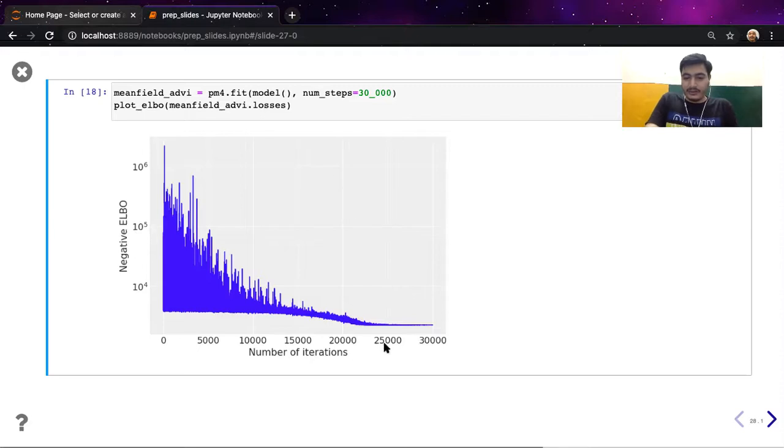So you're going to see over 25k iterations or so, the ELBO becomes constant. I think I was talking about maximizing the ELBO term. Mathematically, it is equivalent to minimizing the negative ELBO. That's what we are doing here in PyMC4 or TensorFlow Probability. But if you look at how PyMC3's variational inference modules are implemented, they are actually maximizing the ELBO. But the idea is the same. Maximizing something is equivalent to minimizing the negative of that.